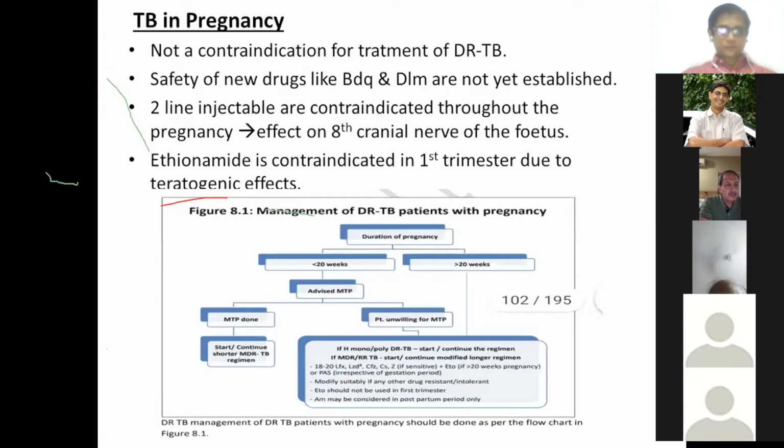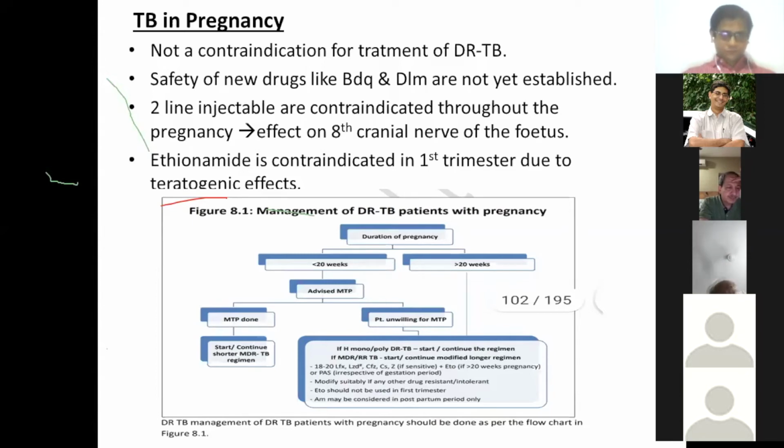TB in pregnancy. It is not a contraindication for the treatment of drug-resistant TB. Safety of new drugs like bedaquiline and delamanid is not yet established. Second-line injectables are contraindicated throughout the pregnancy because they affect the 8th cranial nerve of the fetus. Ethionamide is contraindicated in the first trimester due to its teratogenic effect. Management of